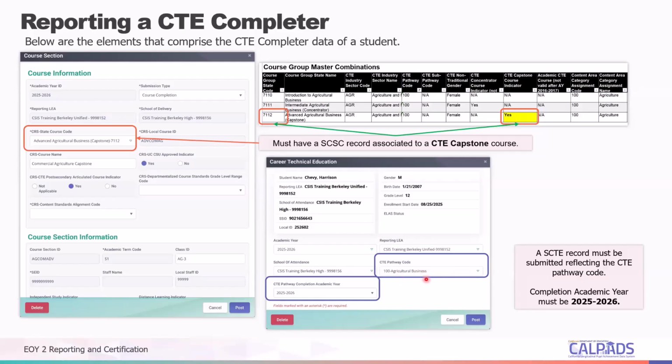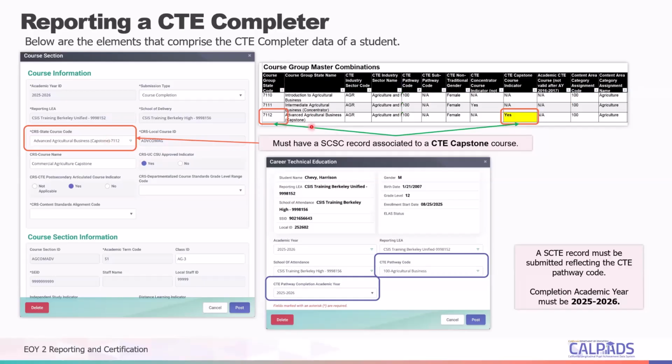Let's say a student was reported as a completer this year for 100, then the student should be enrolled and should have completed with a grade of C minus or better a state course code of 7112, which is Advanced Agricultural Business or capstone course.